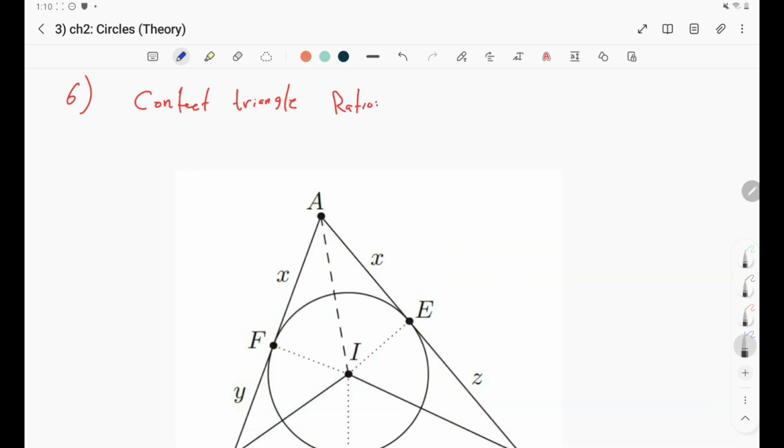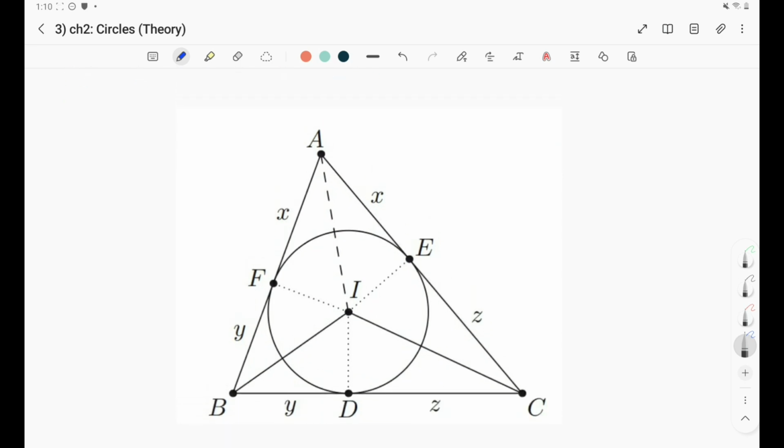All right, our last theory for today is about contact triangle ratio. So let's have a look at a triangle ABC, and we just draw the inner circle. That's the circle tangent to the three sides internally. And let's say the contact triangle, that is the points of tangency, is D, E, and F. Our goal is to find the length, like this length,